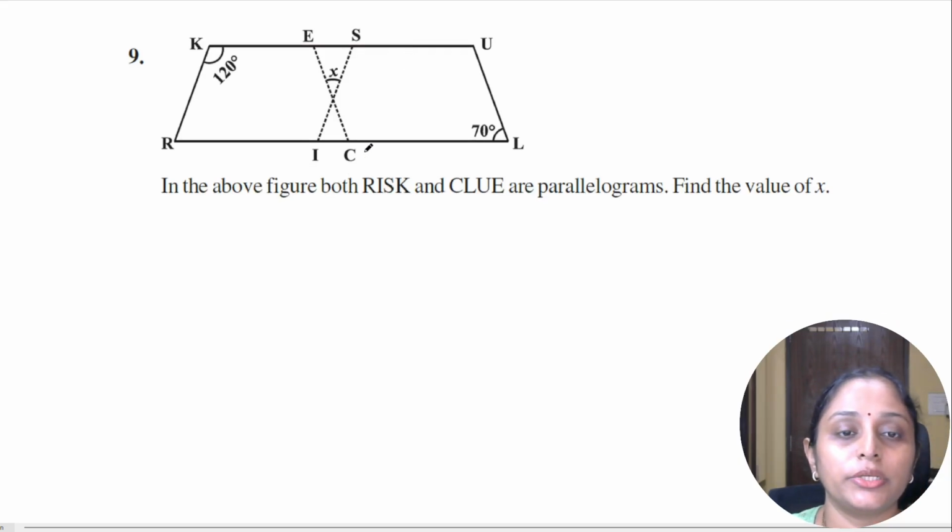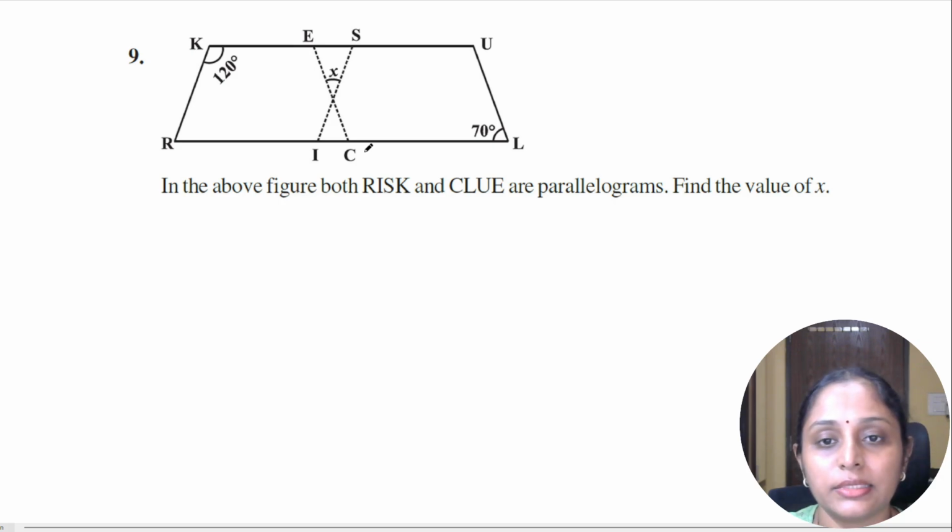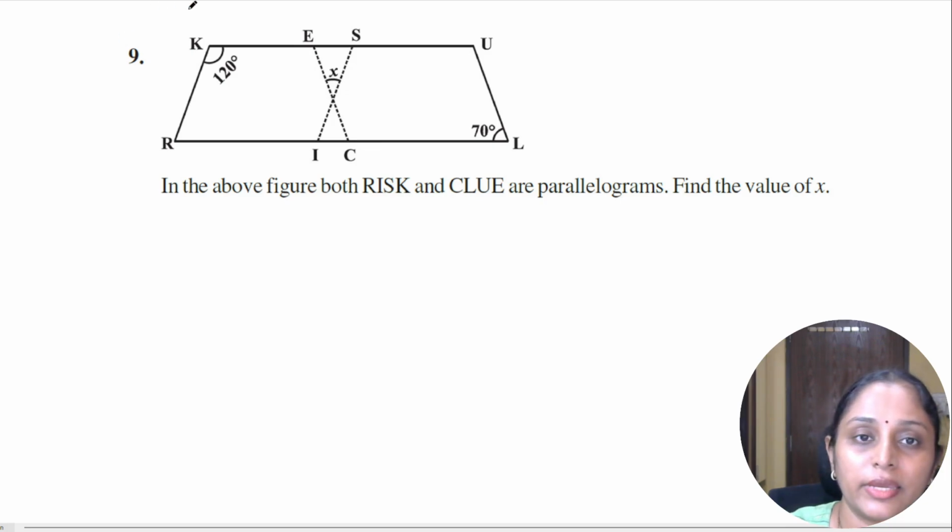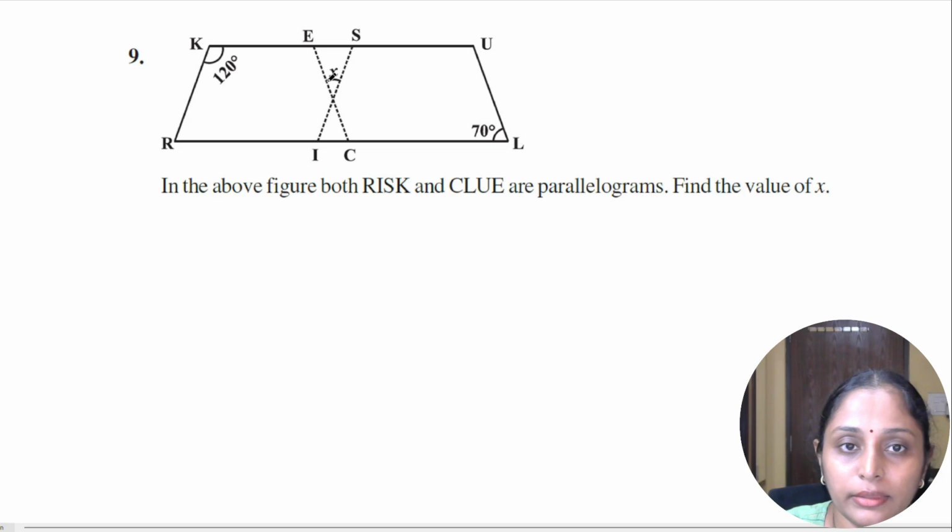Next, ninth question. They have given us two parallelograms RISK and CLUE. Find the value of x. Now here you need to notice where this angle x is. This is the angle that belongs to this particular triangle. So let me name this as O. So I'm looking at triangle